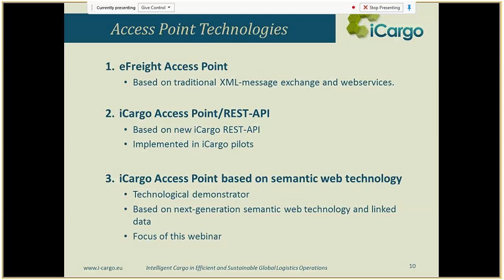It also supports the use of linked data, and this third type of access point is the focus of this webinar today. What I'd like to point out, however, is that all these access points are interoperable. So we looked at the full tooling suite and said, okay, maybe you want to develop a REST API on top of this new semantic web technology